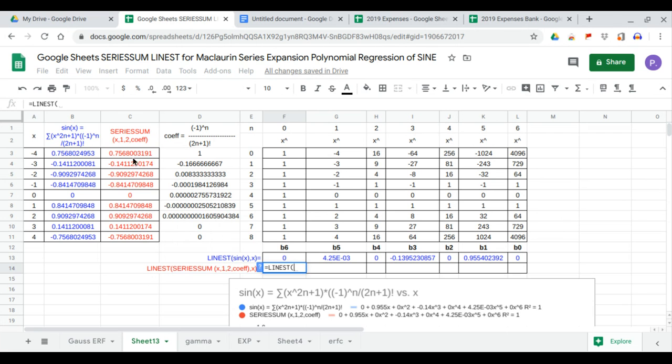LINEST of these, the y values and the x column. Our B0 is 0. 0.955, they're the same. It's also the same. It's rounded as negative 0.14 and 0. Then 4.25 times 10 to the minus 3 and 0. So we've just shown the use of SERIESSUM and LINEST in the Maclaurin series expansion of sine and its polynomial